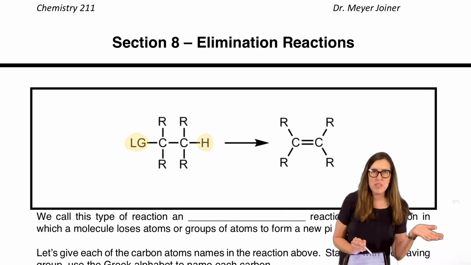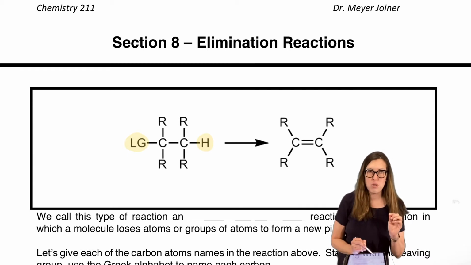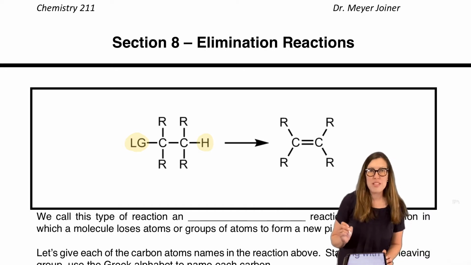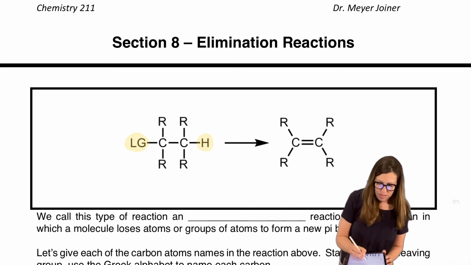So the leaving group leaves, just like in a substitution, but unlike in a substitution, it was not replaced with a new group. So over the arrow, in order for an H to be gone, we need something that likes to take H's. Hence, you will see the base play a key role.